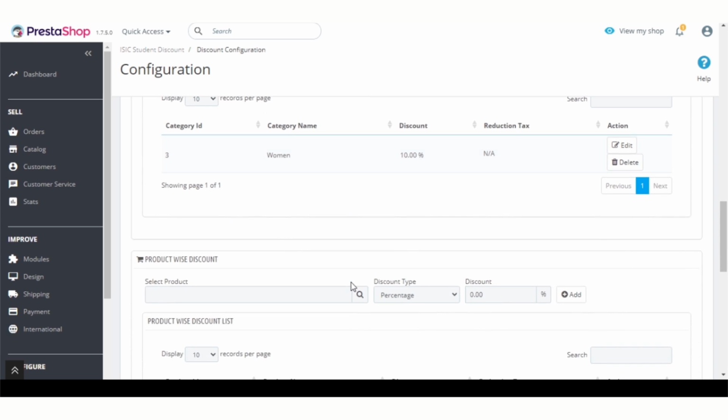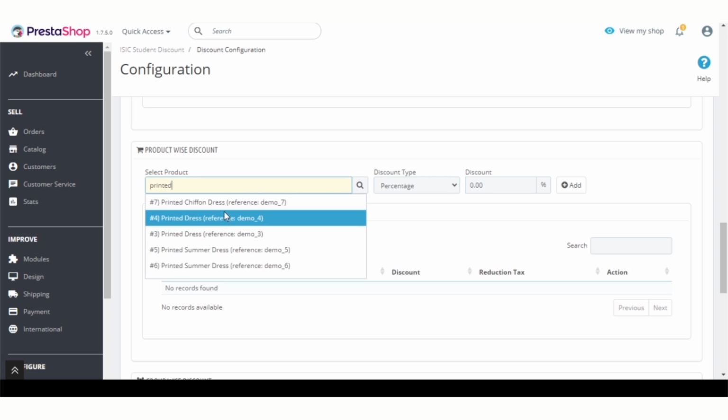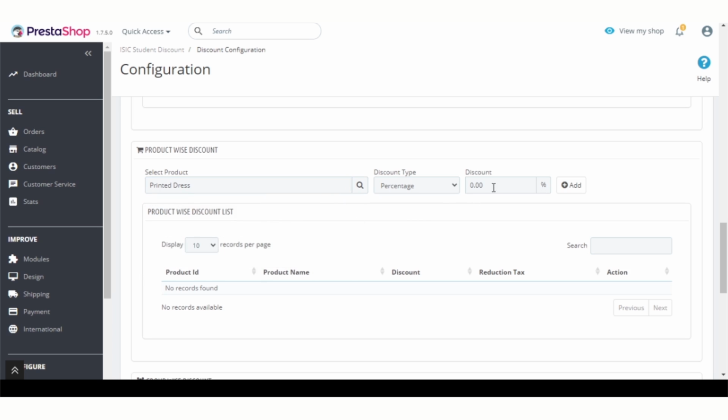Now similarly, admin can add the products and set the ISIC discount that will be applicable on the purchase of the selected product. Admin can select the product from here, set the ISIC discount value, and add this product.